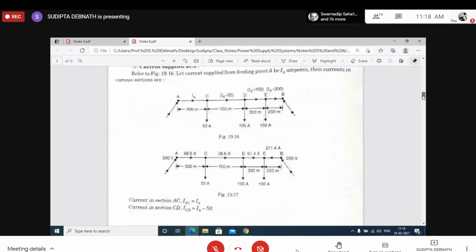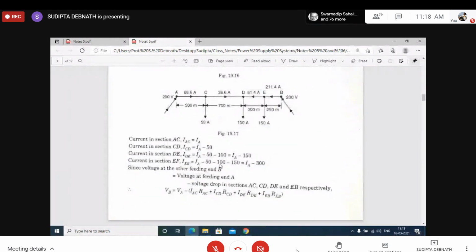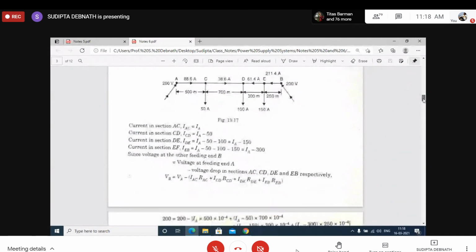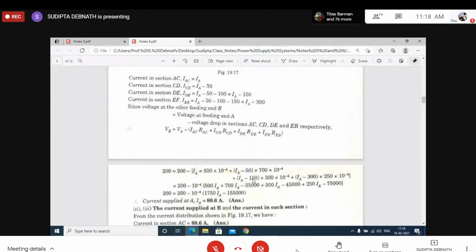So how to write the equations? One equation is this one. For another equation, the voltage is maintained at 200, so 200 minus 200, that means 0. So the total voltage drop will be equal to 0. The 200 and 200 will cancel from both sides and this will become equal to 0. So one equation you have got: IA plus IB equal to 300. Another equation you have got is this equation, where they have converted everything in terms of IA. So from these two equations, you get the value of IA. As soon as you get the value of IA, you can easily find out the value of IB.